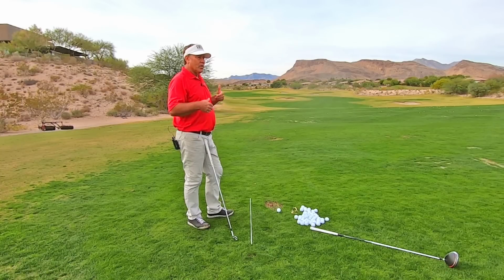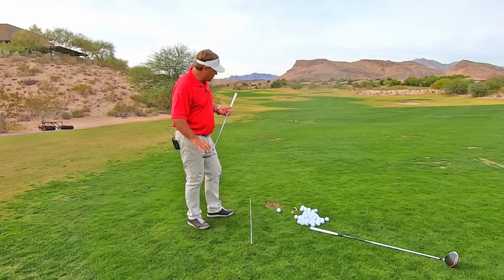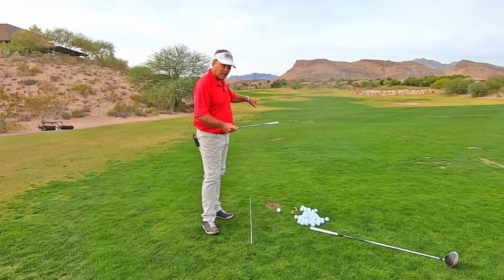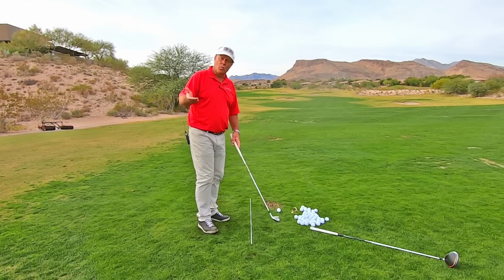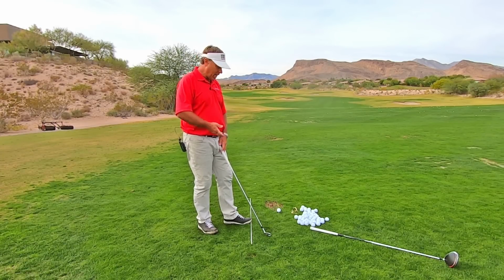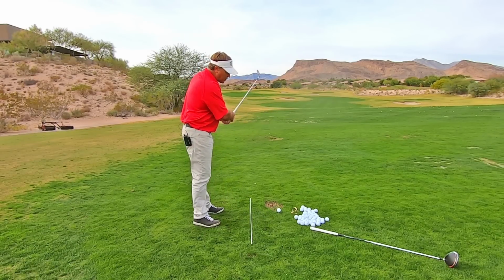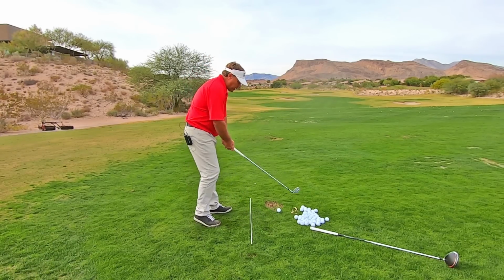Okay, so what you've got to do after you get used to that, we're going to watch our ball. Just remember, a draw is going to start for a righty out to the right. A lefty, it's going to start to the left. So why not look at the direction of your shot? If you were trying to master this and you kept hitting every shot and it kept going over here,